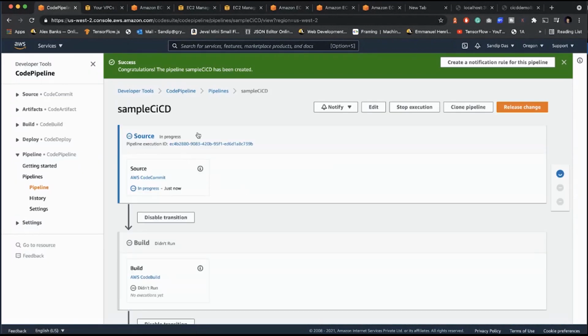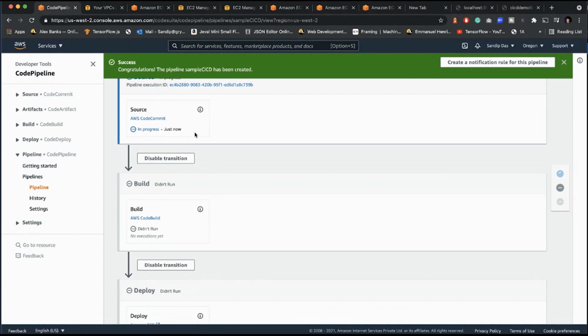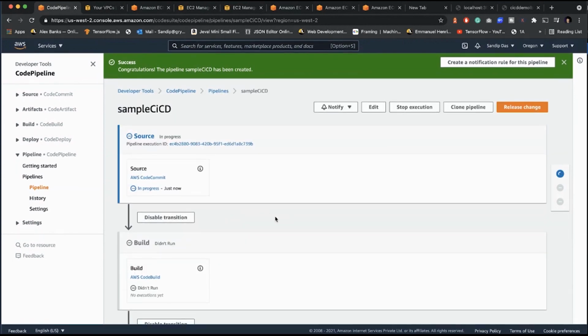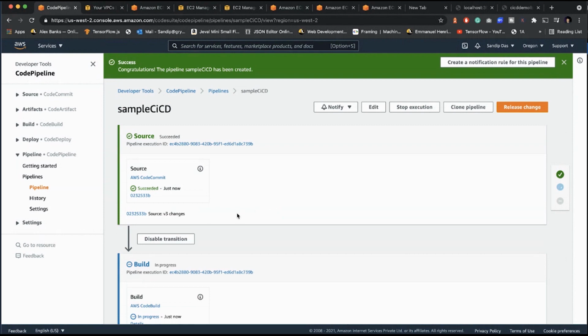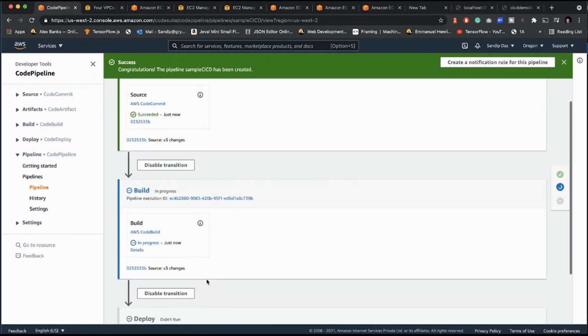As soon as the pipeline gets created, it will make the source, then it will run the build, which will automatically make a Docker image and push the image to the ECR. Now let's wait for that to happen. While working on this, you might see some issues in the build. Let's see if we find any issues, and I will show you how to solve them if you see this kind of issue.